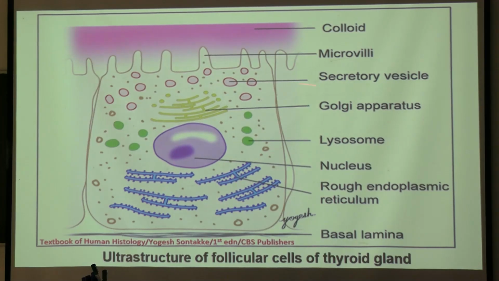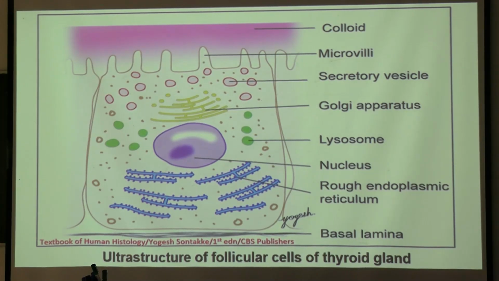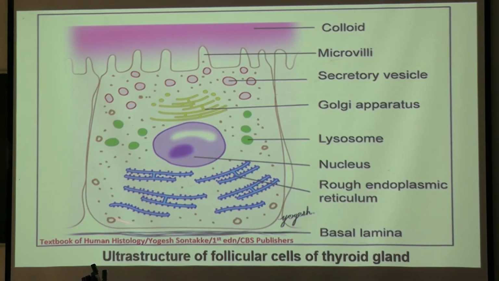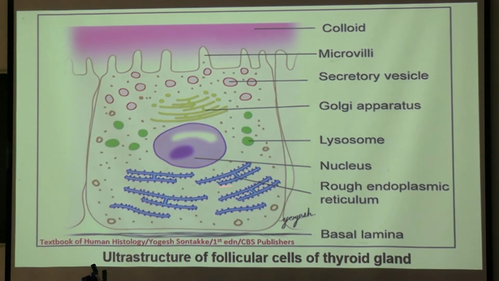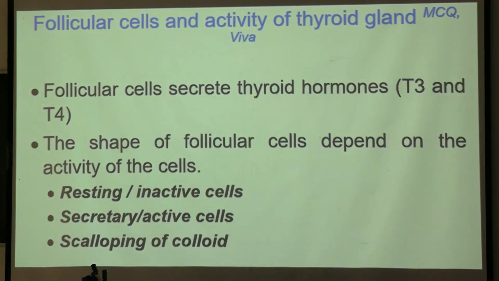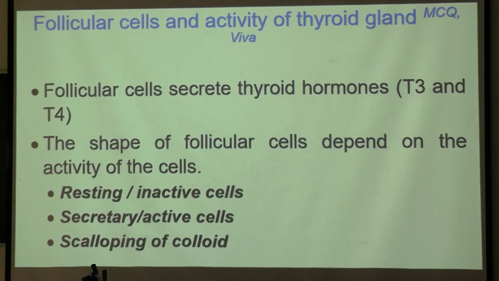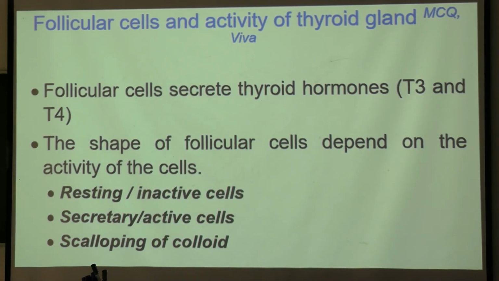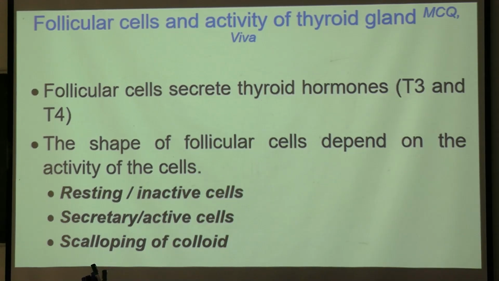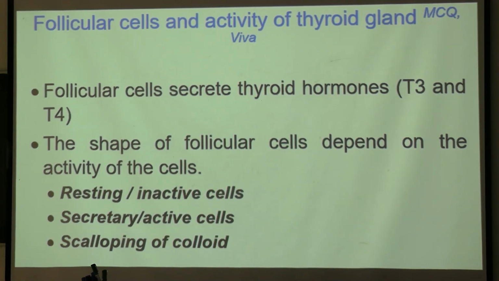Near the apical region you will see the secretory vesicles. And basal basophilia is due to this rough endoplasmic reticulum. Okay. So follicular cells and activity of the thyroid gland, and these changes of shape of the cell according to the activity, this can come as your question in theory. Okay. And how it changes can be asked in your viva, and we also have the viscera of the thyroid gland. During head and neck, we will see the viscera of the thyroid gland. Okay.